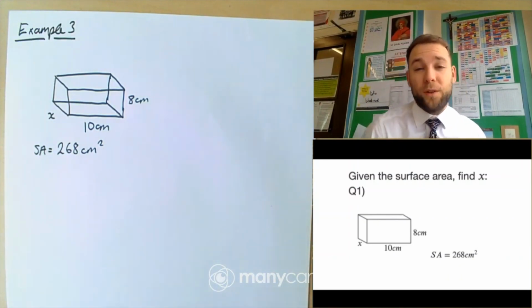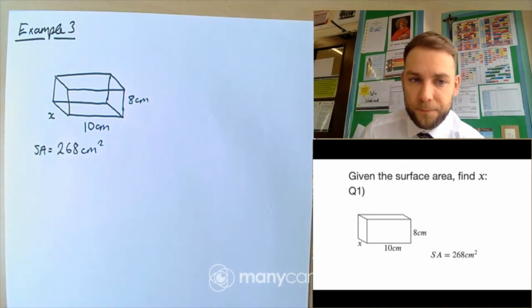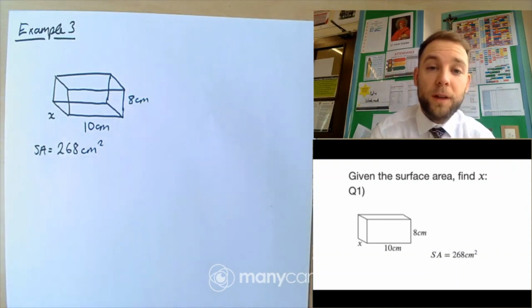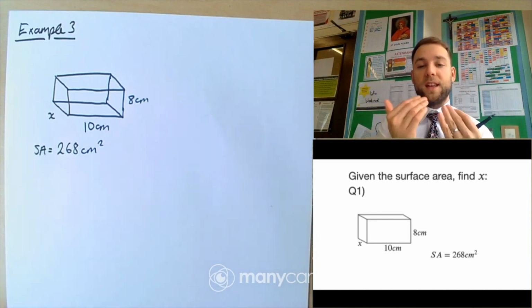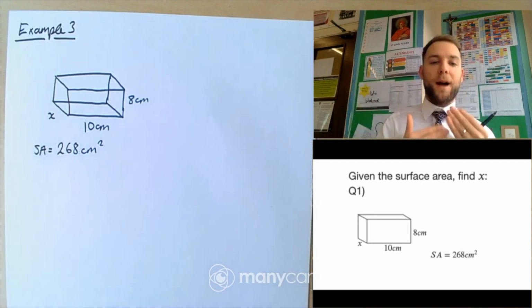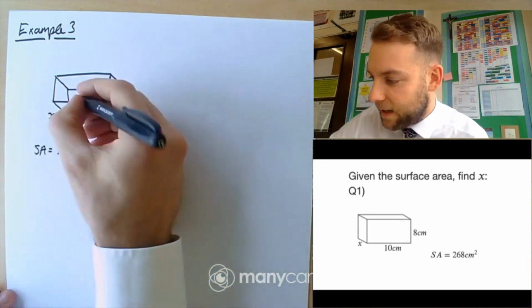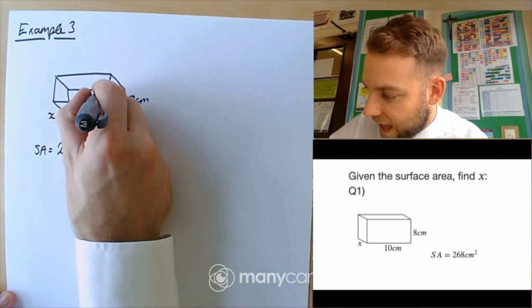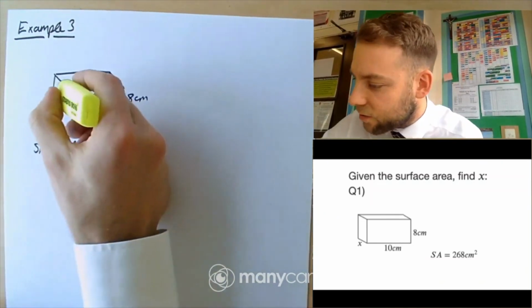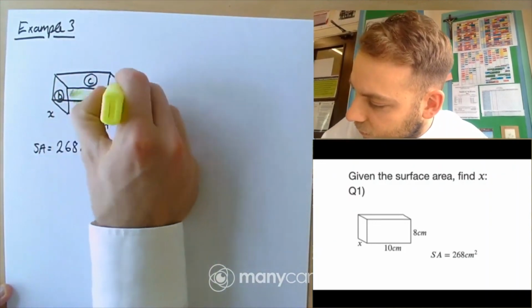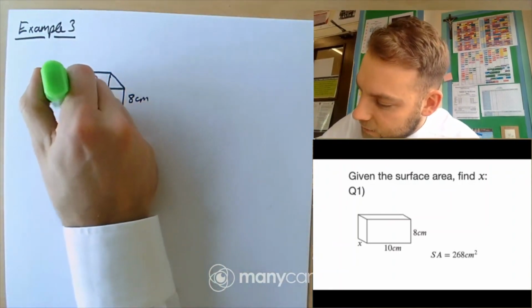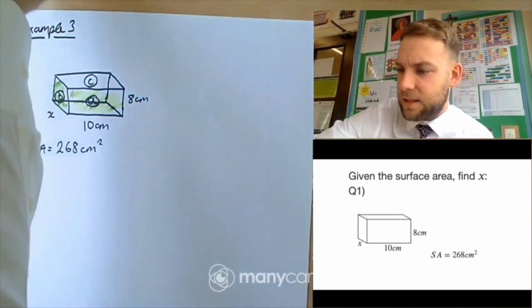So, I would do this in exactly the same way. The only difference is that you are doing it in terms of x. So you do all the things the same, you create that equation because you know it's equal to the surface area, and then you work backwards to solve. So let's label it exactly the same as I did before. So the front is A, B, and the top is C. I'll highlight those. Sorry, that's not very clear there, but I think you know what I'm talking about. A is there, B is on the side, and C is on the top,